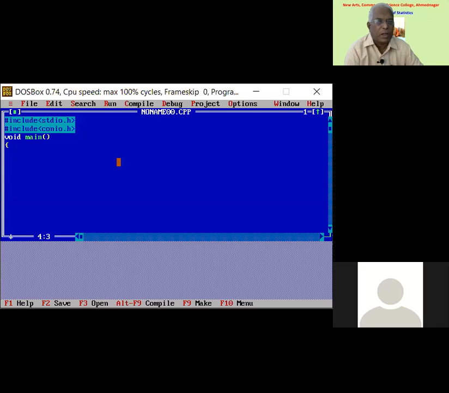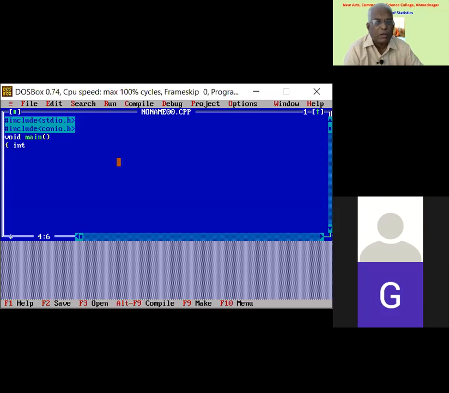Give space. Now for factorial, one thing we must understand is that factorials are always integers. They do not carry a decimal point. And so whatever declaration we give should be integral type. So int n, f, i;